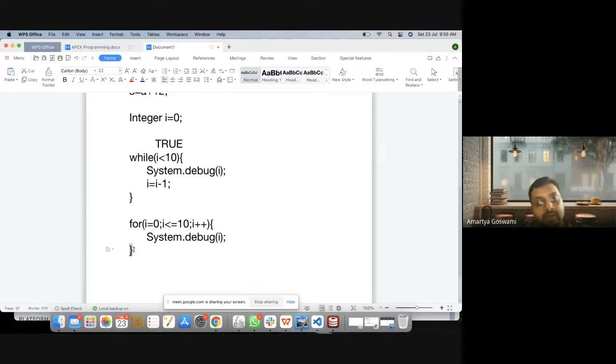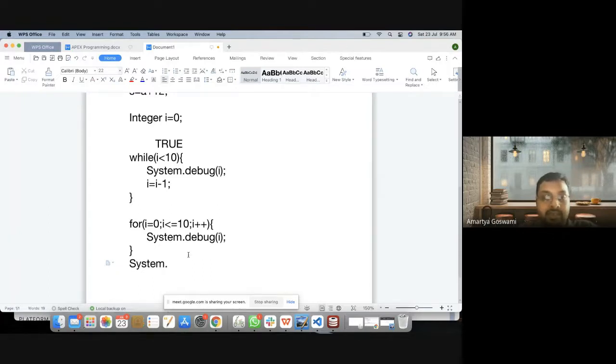Once the system gets the second curly brace, it will come back to this increment or decrement operator, execute this statement, and then go back to condition checking. Once the condition is checked, and if it is true, then it will execute the body again. So tell me, when you are getting out of this loop,